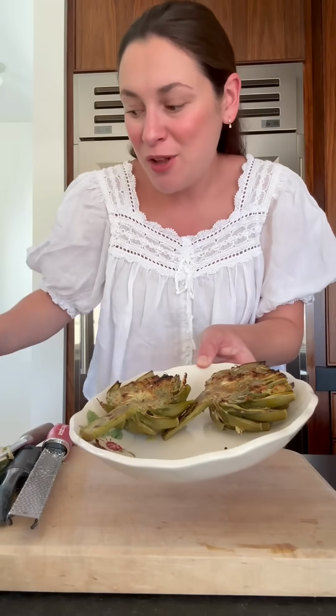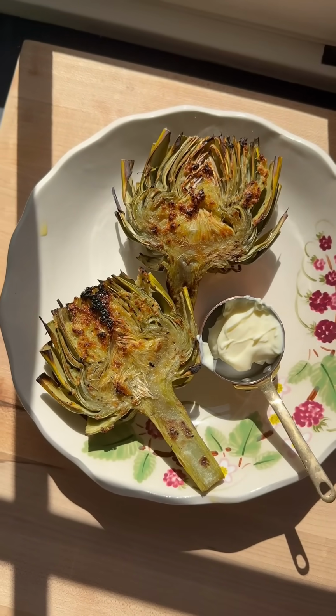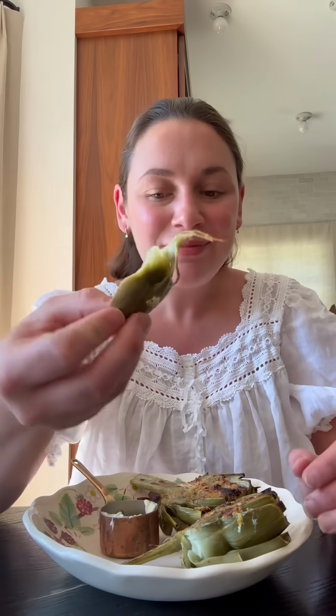These look incredible, and I always like to have a little dipping sauce with my artichokes, whether it's mayonnaise or aioli. To me, this is the most perfect artichoke, and I'm gonna show you how to eat it. There's a little bit of a method when it comes to eating artichokes. So again, the fuzzy choke is inedible, but we're gonna take the leaves from the outer part, and they peel off pretty easily. And then you dip the heart of the leaf